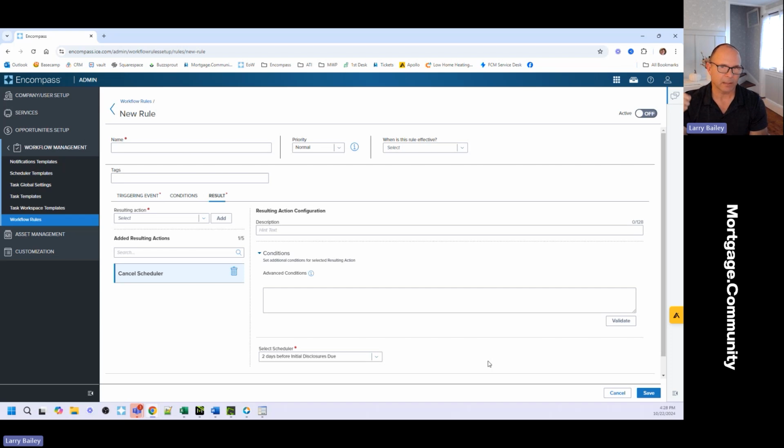But if you've got a workflow where there needs to be a kill switch in the middle so that it doesn't produce the outcome that's no longer true. Remember, if we write a rule that says when the scheduler is finished, do this thing, but if the loan is never going to need that thing because it changed paths, make sure you create a workflow rule to cancel that scheduler.